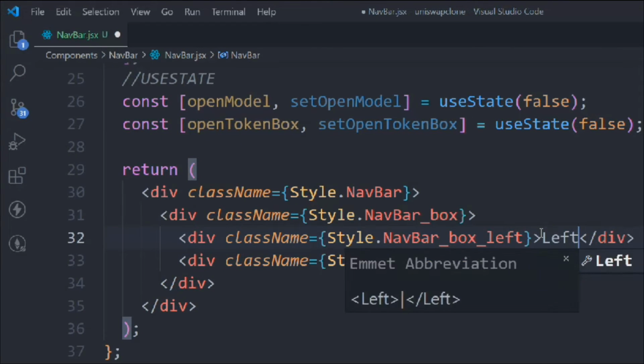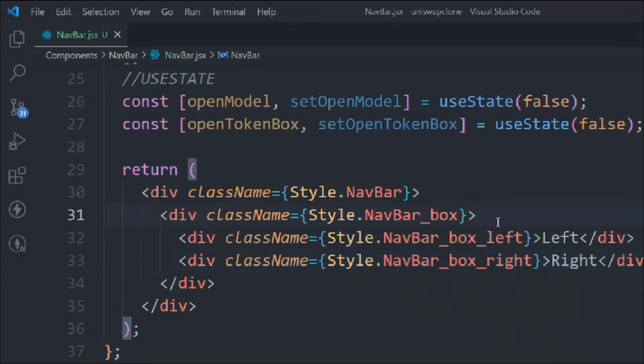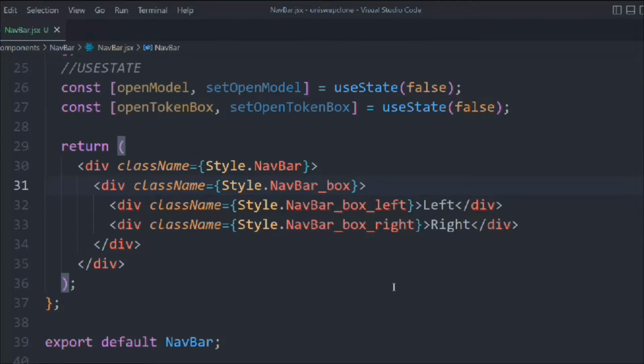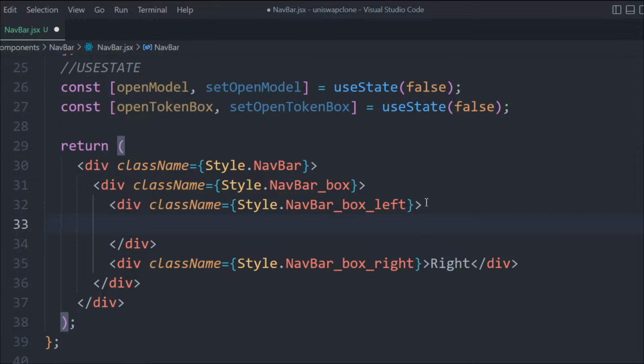So here we're going to say left, this one is right. So let's save it and let's have a look in the browser. You can see everything is working fine. We have left and right and home. So things are looking good. Let's come back here, and we're going to remove this, and we're going to write some code in our left